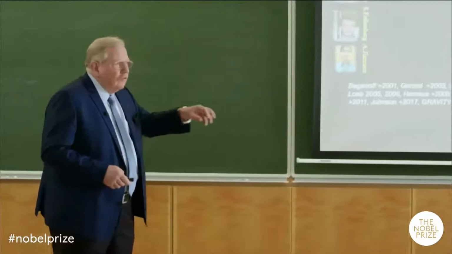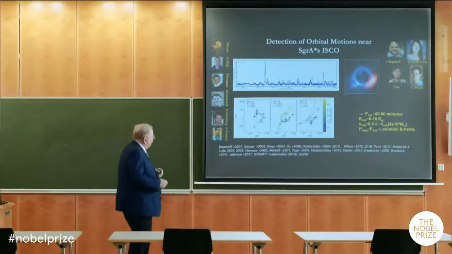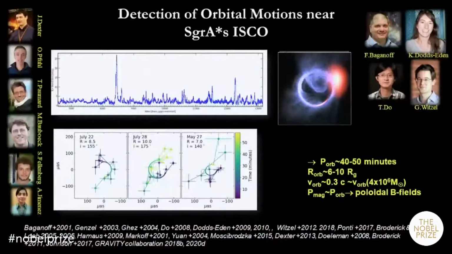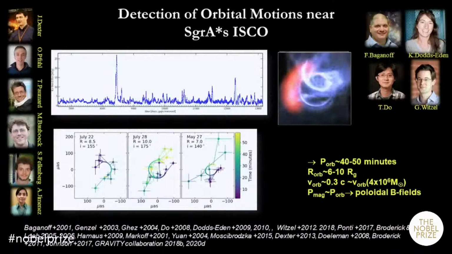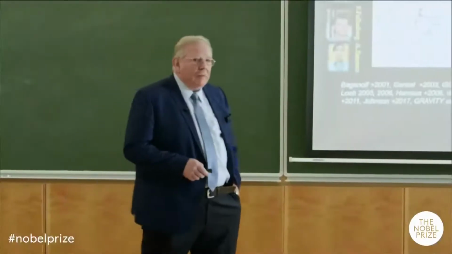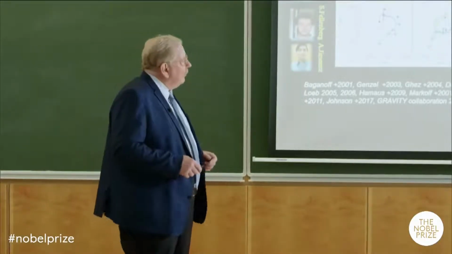If so, you might be able to see the motions of these hot spots. So indeed, in 2018, on 3 occasions, the black hole got brighter than its normal state by about a factor of 100 or so. And we could see, indeed, these motions on the scale of about 5 times the event horizon size, or 6 to 10 times the gravitational radius, with orbital periods of 40 to 50 minutes inferred from this. This means the velocities are a sizable fraction of the speed of light, which is exactly what you would expect if these hotspots would move in Keplerian motion, if you like.